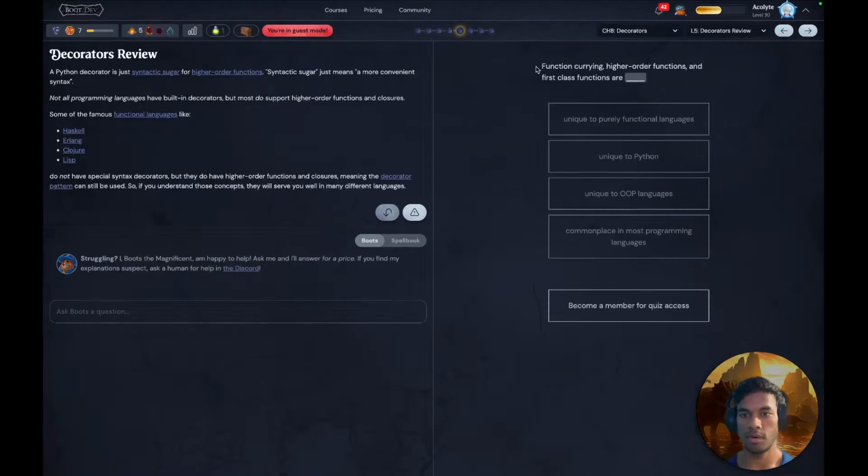And decorator view function currying means changing the syntax, changing the signature of a function so that it adheres to what we want its signature to be. Function currying, higher order functions: a function transformation on a function to change its functional signature so that it adheres to what we want it to be. Function currying, higher order functions and first class functions are unique to purely functional languages, unique to Python, unique to